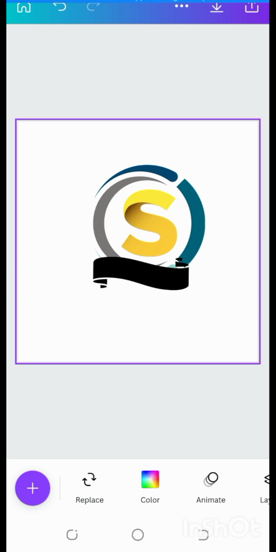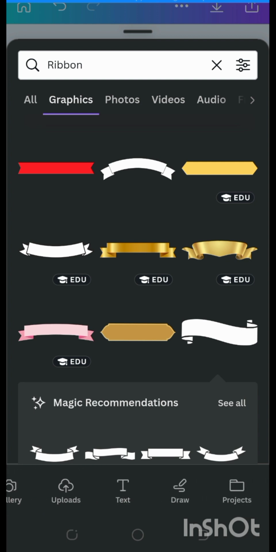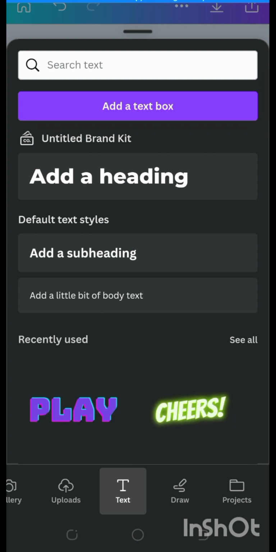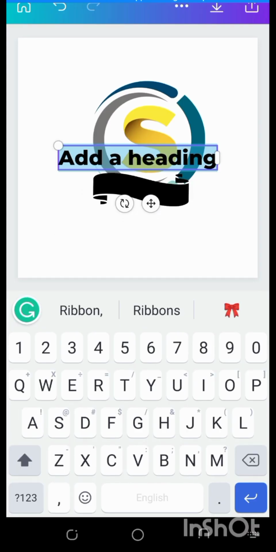All right, now the next thing is for me to bring a text tool where I can write the name and all of that, where I'll be able to write my slogan and my brand name. I'll go back to the plus sign. Where we have the design element gallery, I'll scroll and see where you have text. You click on it. When you click on add a heading, you start typing. I want to write here